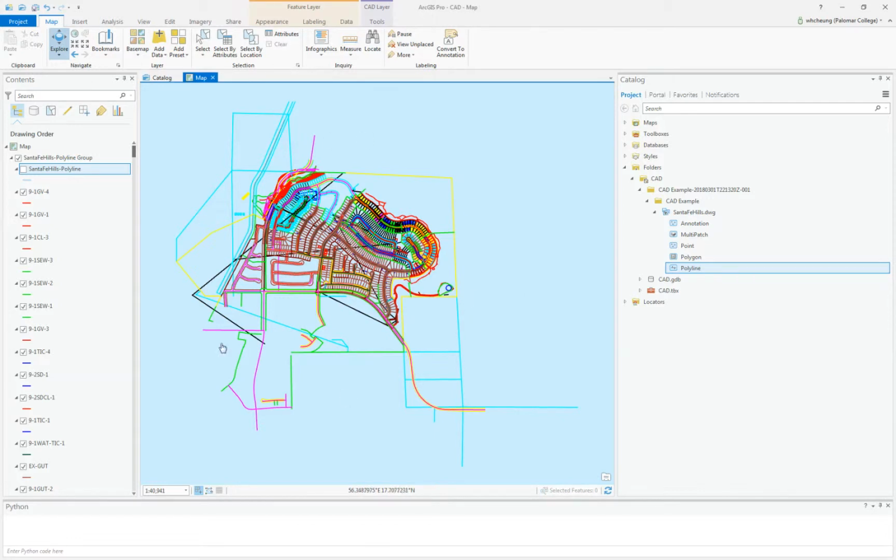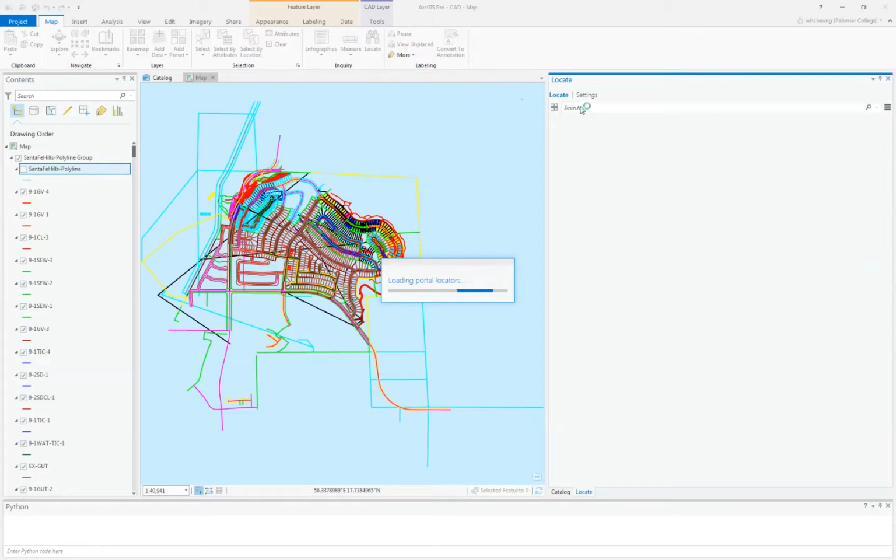This will allow me to easily zoom back to where the CAD drawing is. Next, to find where the CAD layer is supposed to go on the base map, or in other words, to align this CAD drawing that is clearly in the wrong location right now with the base map, you can go to Map here, click on Locate,